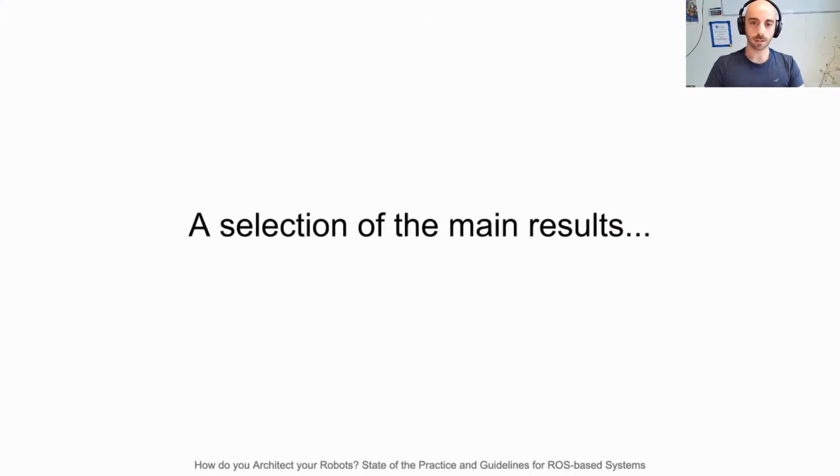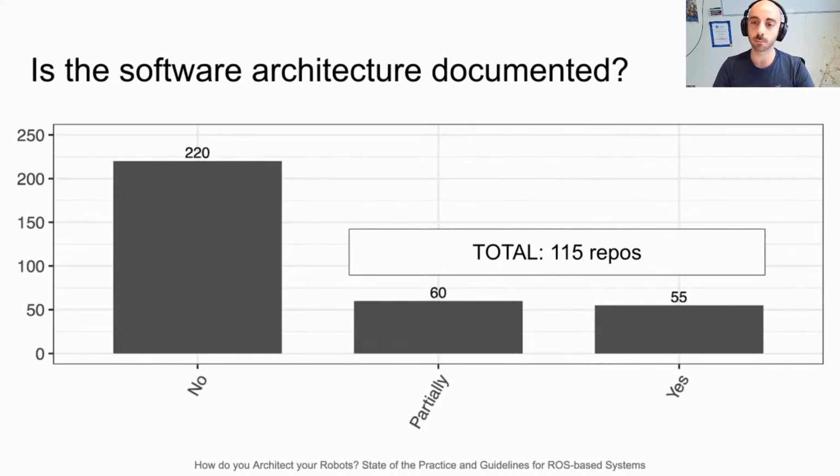Okay. Due to time constraints, I will just show you a selection of the main results. Of course, in the paper there is much more. So the first thing is about whether developers are actually documenting the software architecture of a robotic system, and the answer is sometimes. So here we classified repositories based on whether they partially